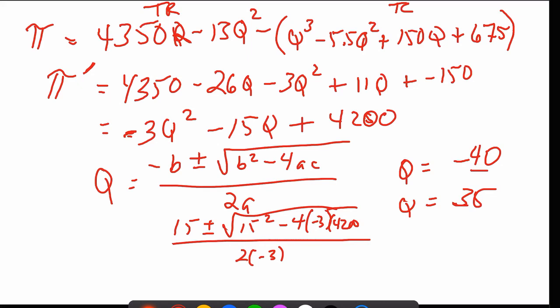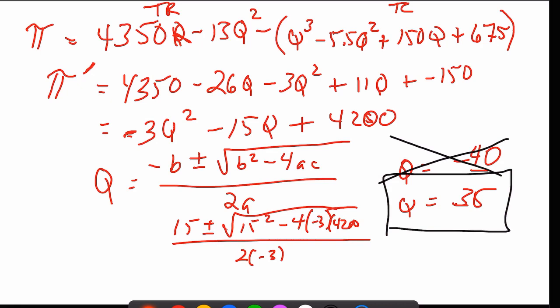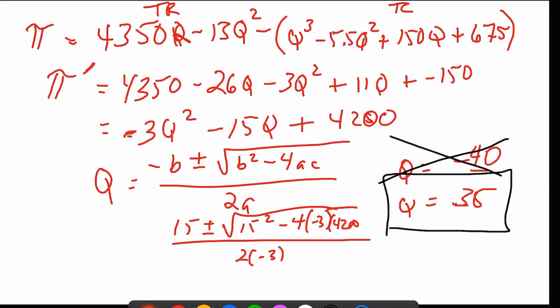We're going to throw out the minus 40 because, again, businesses don't sell minuses. It's a meaningless concept to us economists. So Q equals 35. And now remember, the first derivative is this thing,